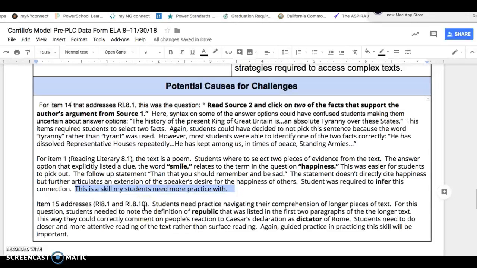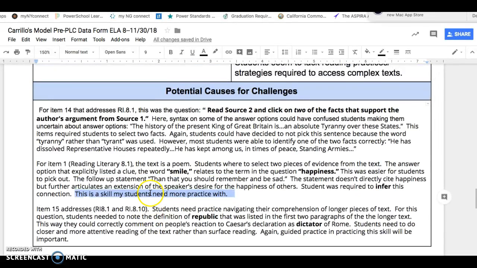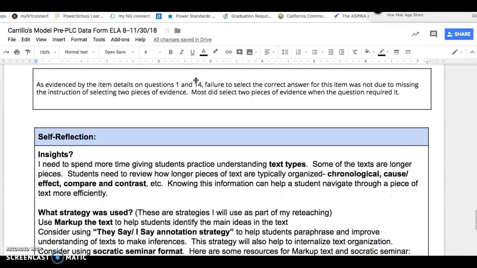Okay, so I already talked about item 15. Again, taking the time to go through these by standard and by item detail, you would be able to come up with potential causes for challenges. I'm noticing language is a very important element that has to do with students being able to comprehend a text, and then being able to navigate the language. So taking that information